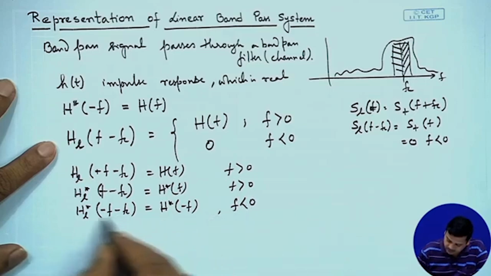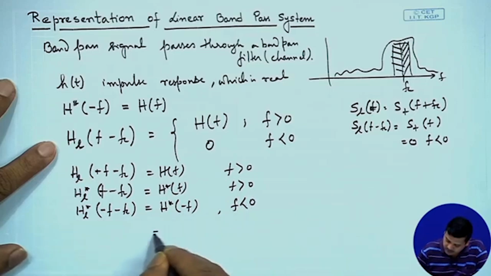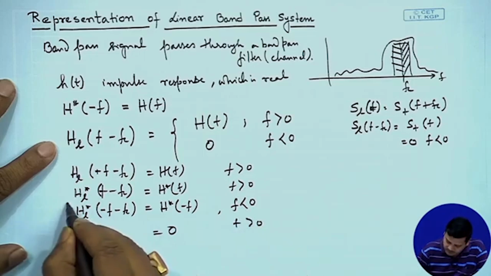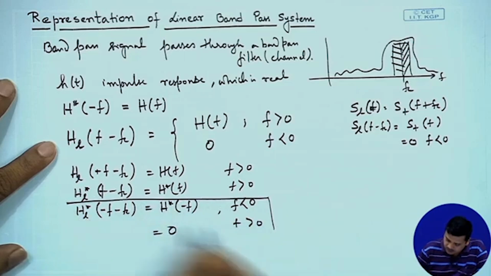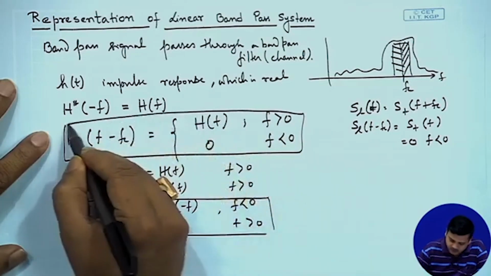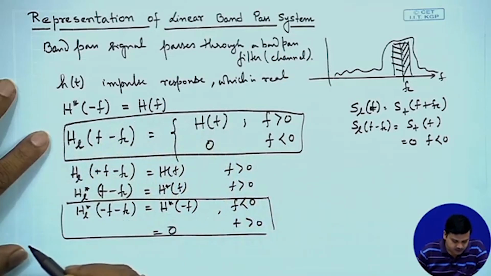So then we have this thing for f less than 0, which is equal to 0 similarly for f greater than 0. So these are the two steps by which we define the particular channel,